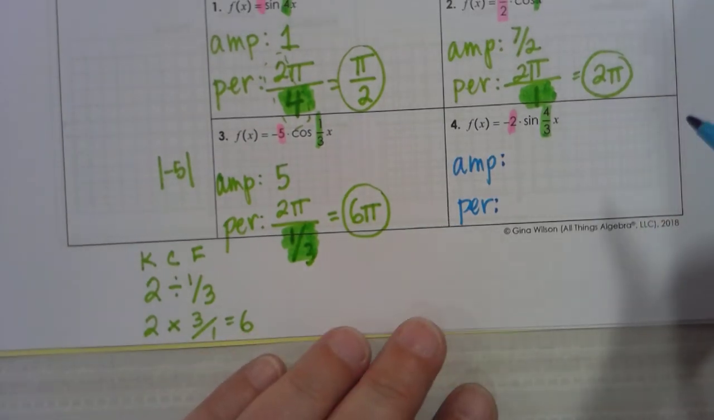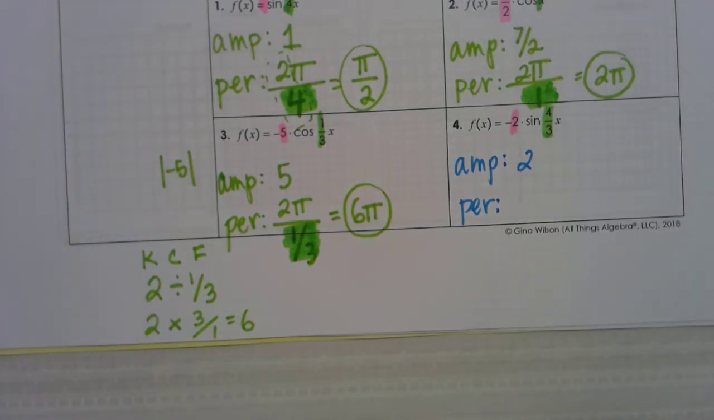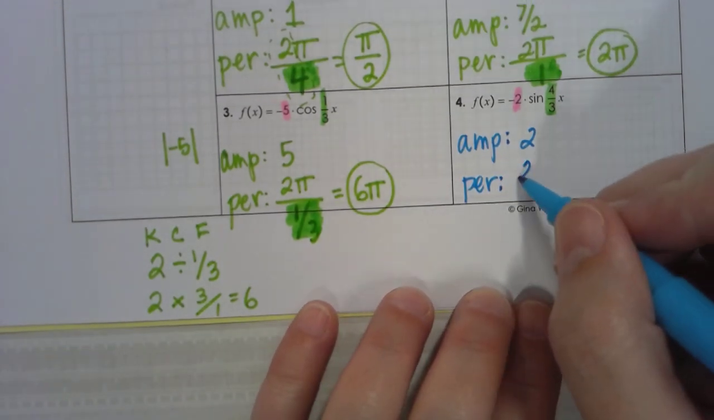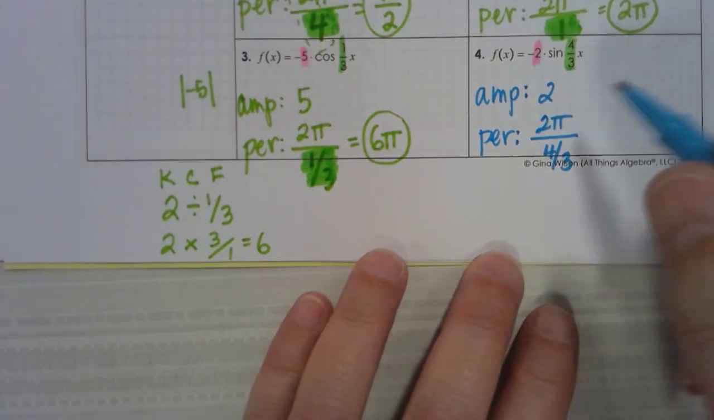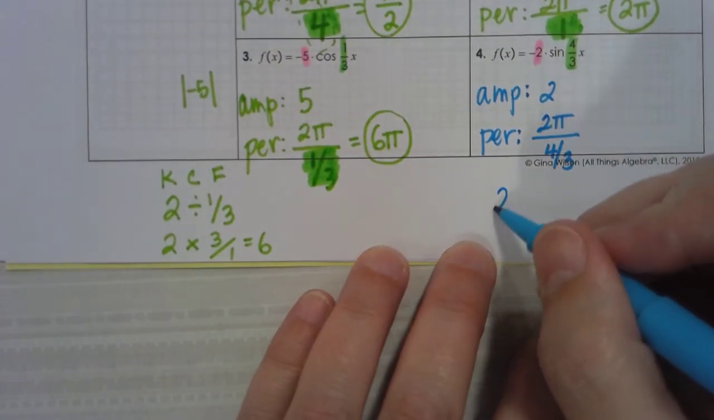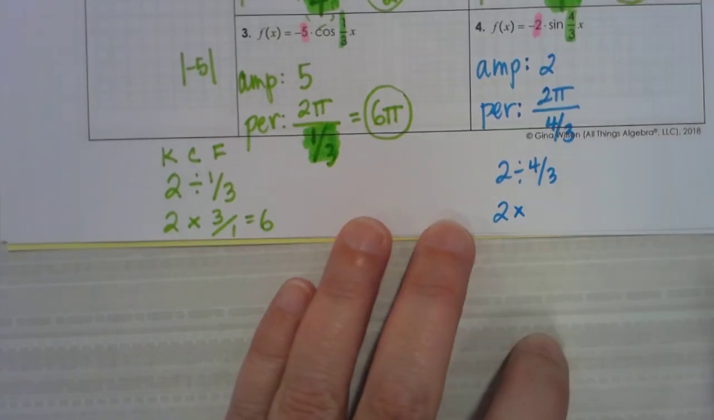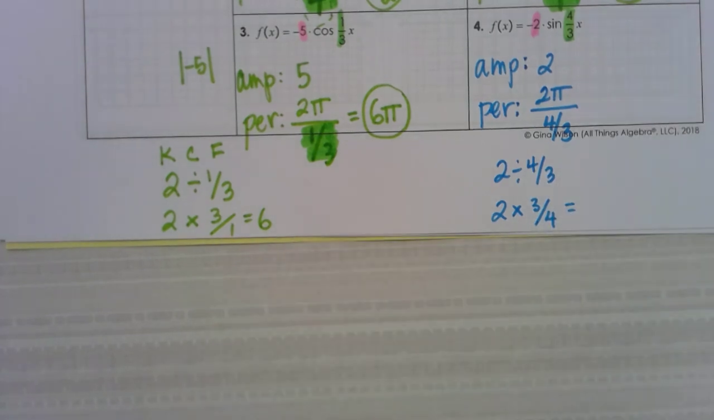All right, so what do you get for the amplitude? 2, positive 2. Anybody put negative 2? Change it to a positive if you need. Okay, always positive. All right, and then for our period, we're going to start with 2 pi, and we're going to divide it by 4/3. So 2 divided by 4/3 is the same as 2 times 3/4, which makes